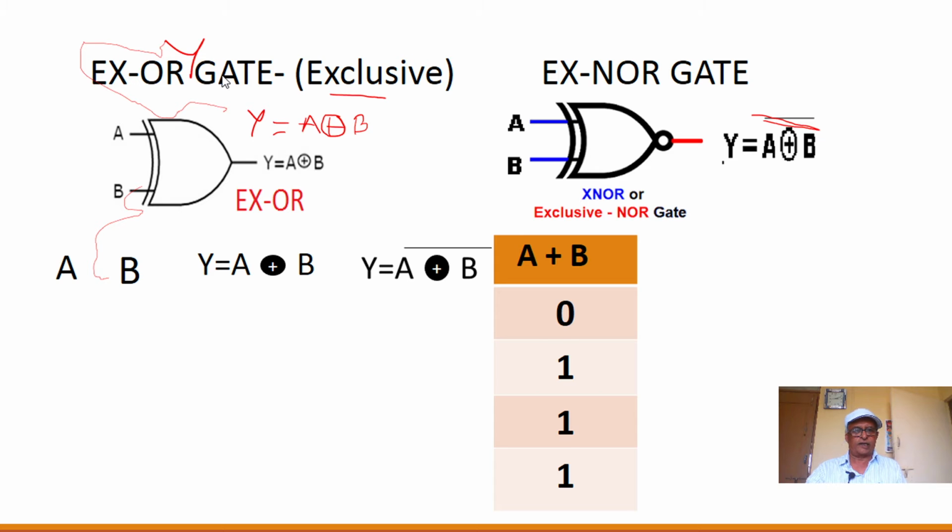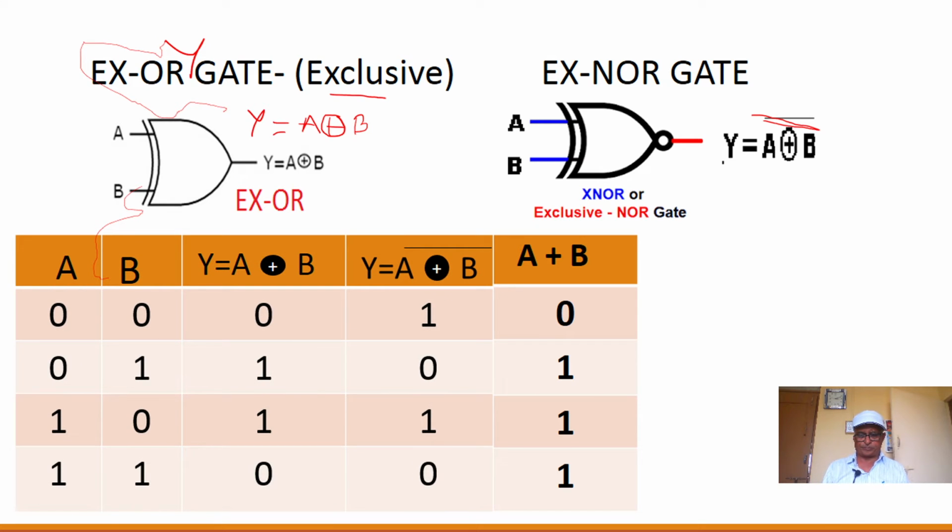Now if we consider the truth table here, A and B are inputs. If there are two inputs A and B, as in this case, what are the different possible combinations for two inputs? There are two inputs, so 2 raised to 2, because in binary the radix is 2. So there will be 4 different cases. The first case is both 0, then one is 0 and the other is 1, then the first is 1 and the other is 0, and in the fourth case both are 1. So these are the possible input conditions for a two-input gate.